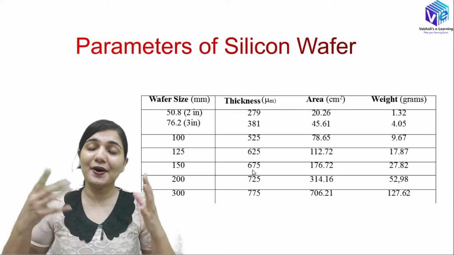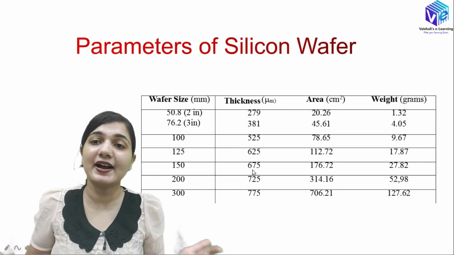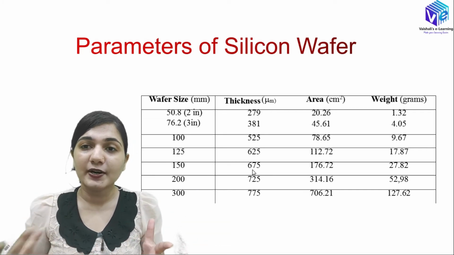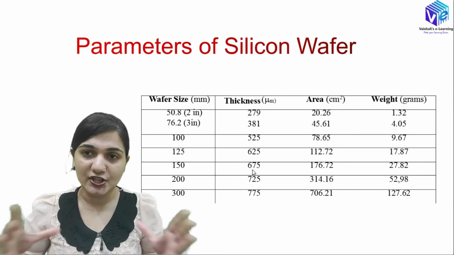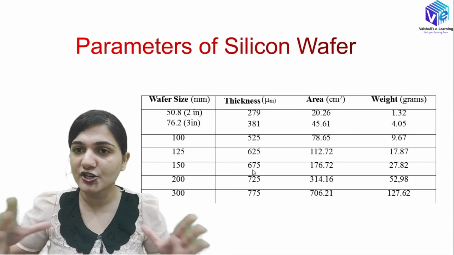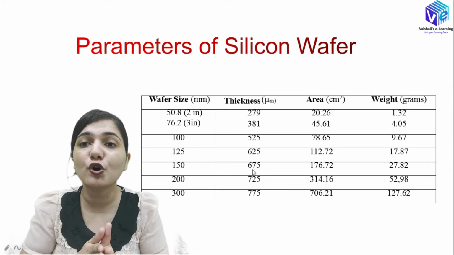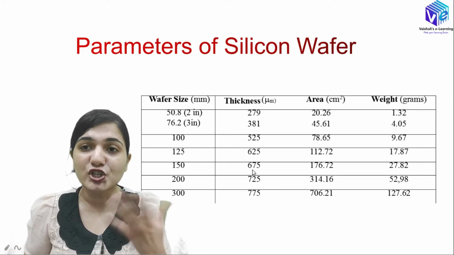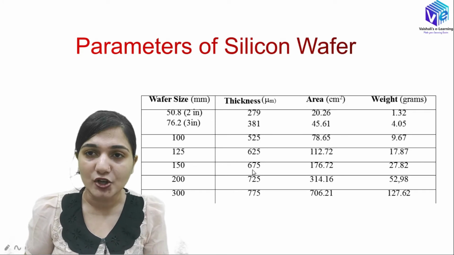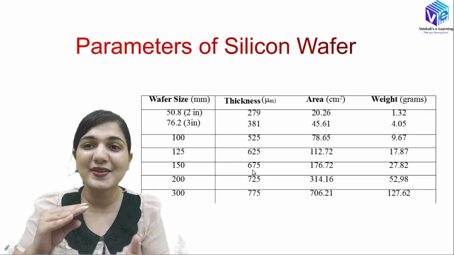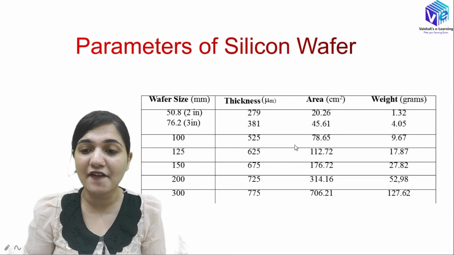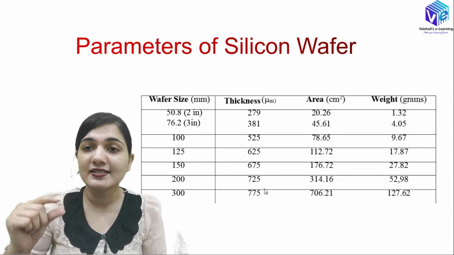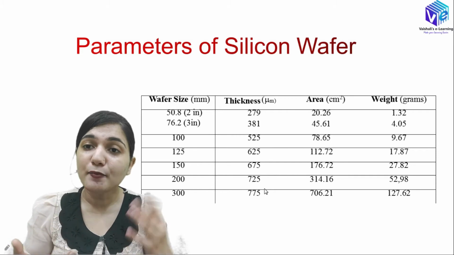Now, everything has disadvantages associated with it. If I go for production which gives me a larger wafer size, I will be cutting out more ICs from it. It will make my IC cheaper, so it will be a cheaper process. But if I am increasing the size, I will have increased thickness. As my thickness increases, my device will be made thicker.